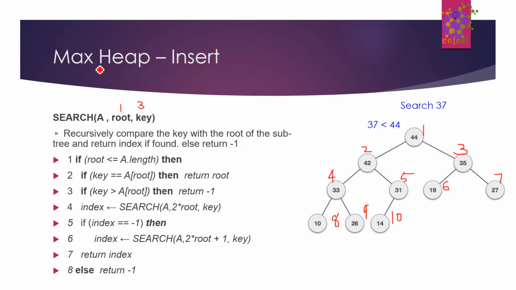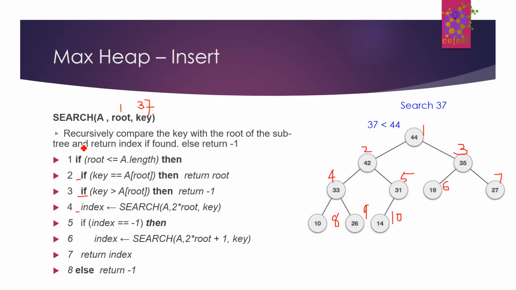So in the first case we have root as 1 and the key that we are searching as 37. So the first step will check 1 is less than a.length, definitely, because 10 is the length of a. Then the next step is to compare key with root. So 37 is not equal to 44, so we won't execute step 2. Then we go to step 3, is 37 greater than 44? No. 37 is actually less than 44,